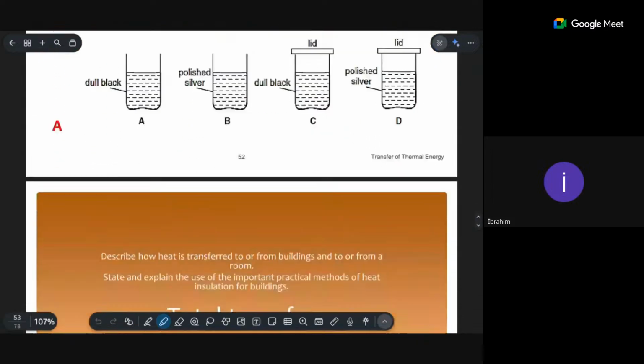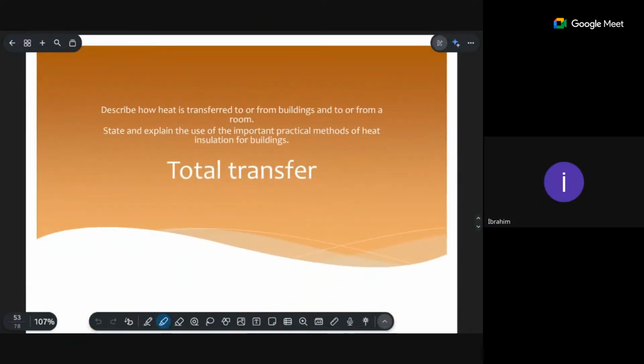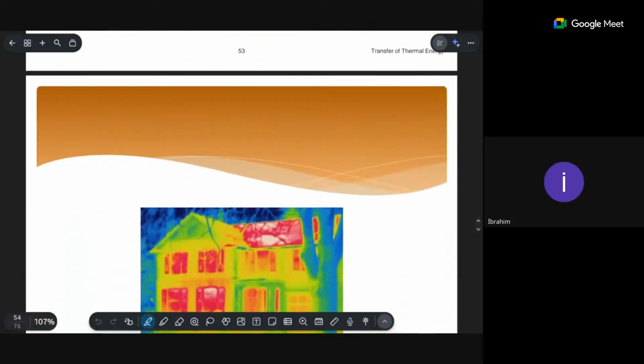Right. So basically, there are some application areas of the total transfer of energy. This is hopefully the last discussion of this topic. The total energy transfer takes place in different application areas through